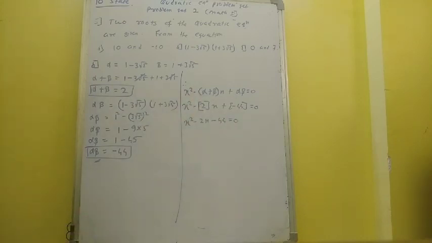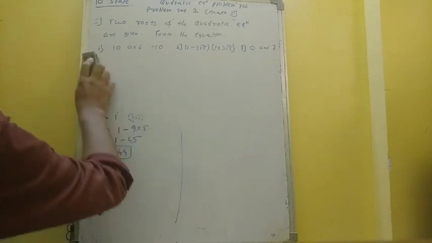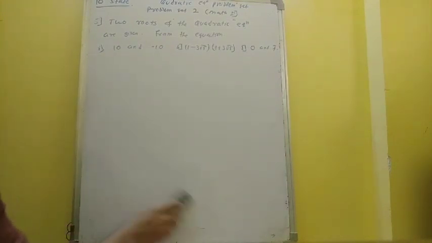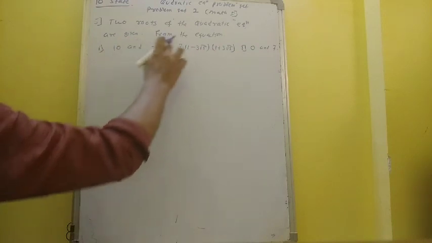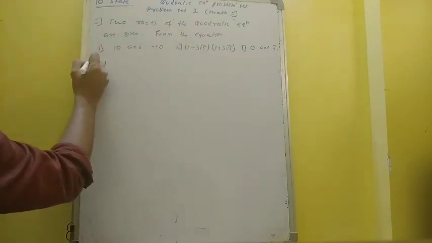I will do the next one. Third one. Is it 1, 2, 3 or A, B, C? 1, 2, 3. That is 2. Okay, not B. For the third one, we have alpha